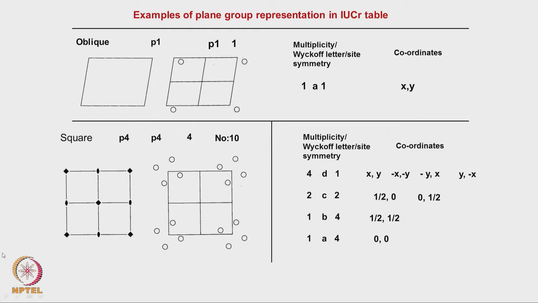So that is what is being shown. That is, if you see one, what is essentially being shown is the 4-fold symmetry. That means that if I keep an atom at this position 0 0, okay, by lattice translation the atoms at all other points could be generated, okay. That is essentially what is being shown here. The multiplicity is 1 here, okay.